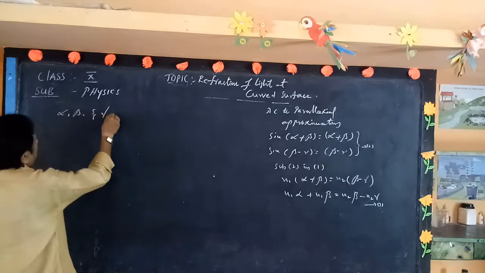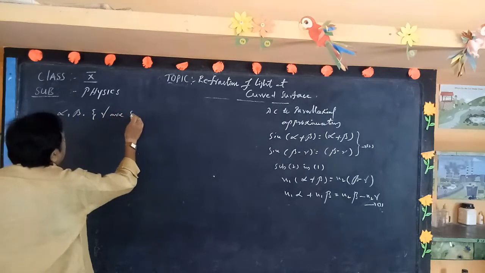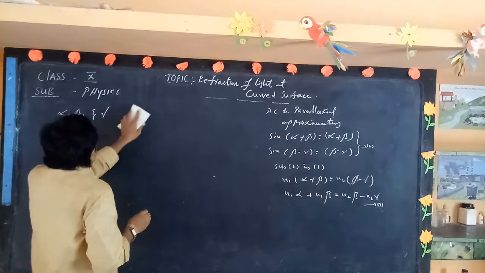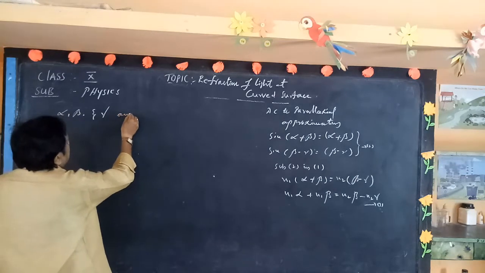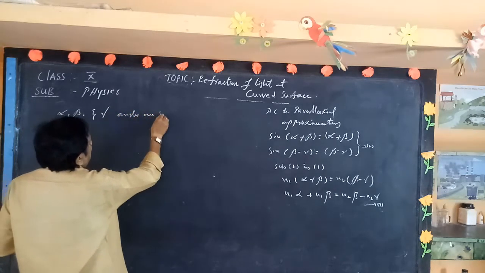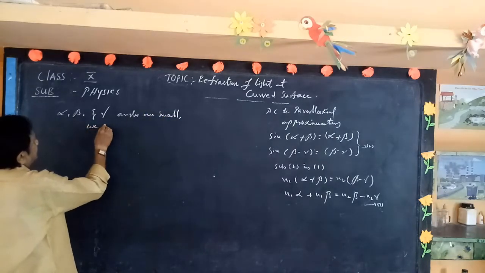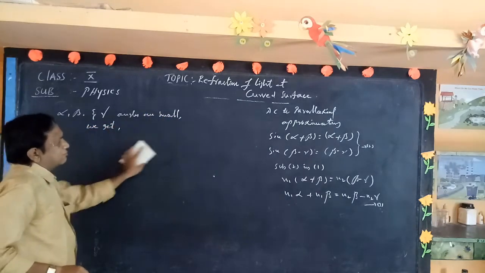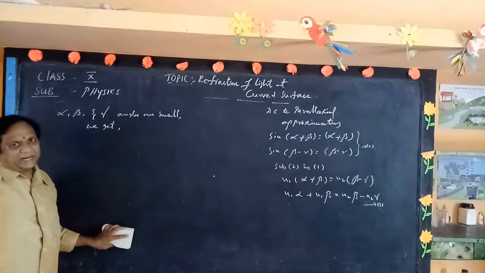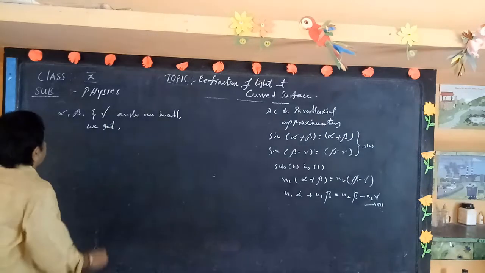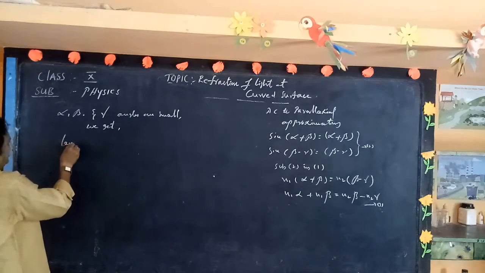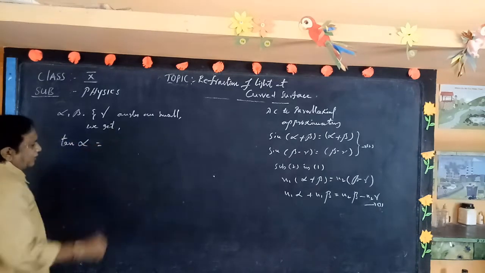These angles are small, so we consider the sides. That is from tan, we consider the trigonometrical ratio tan. Tan alpha is equal to